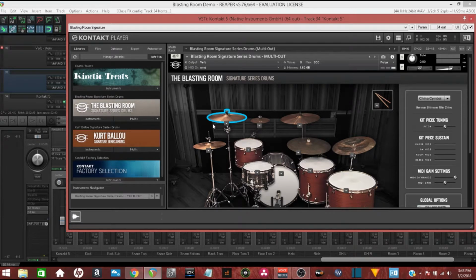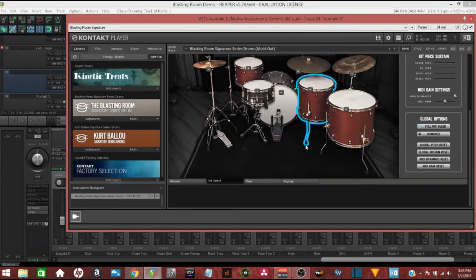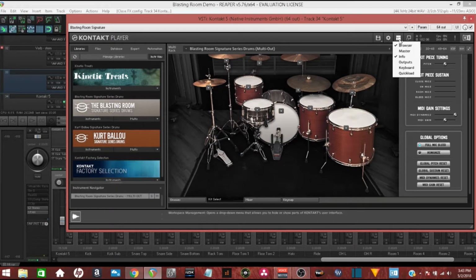So it opens in the Kontakt player, so you have to download that. You can use the free Kontakt player with no timeout issues. It won't time out after 5 minutes, or 15 minutes, I'm sorry. So that's good. The first thing that you want to do to get up and running with this is